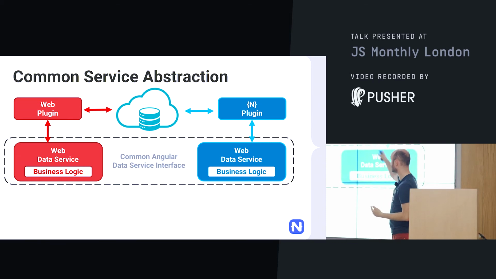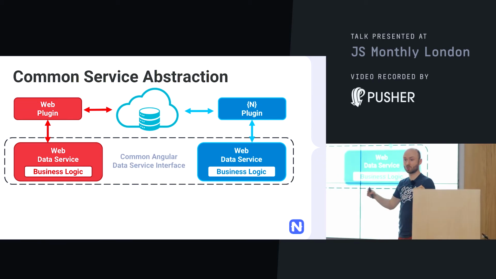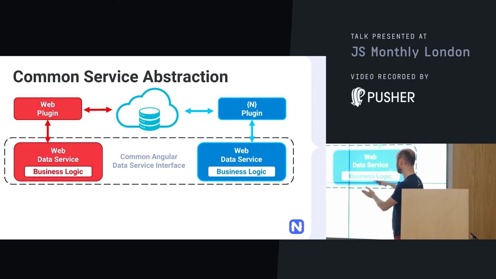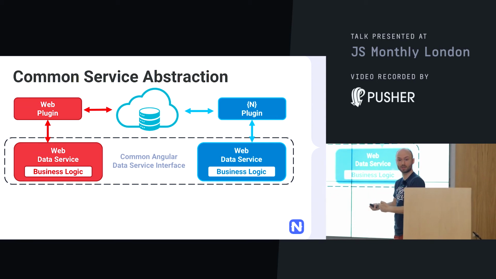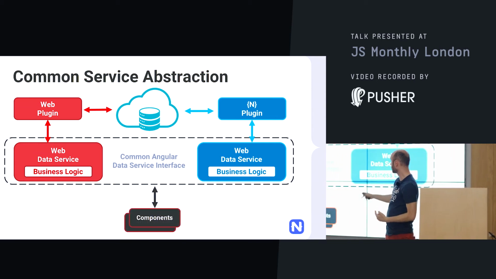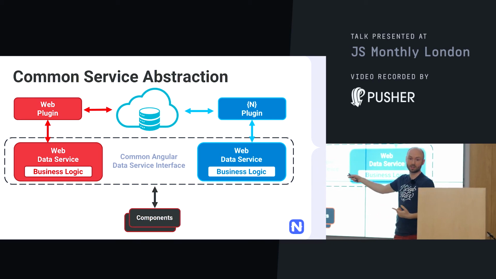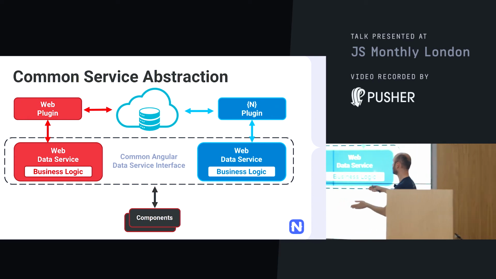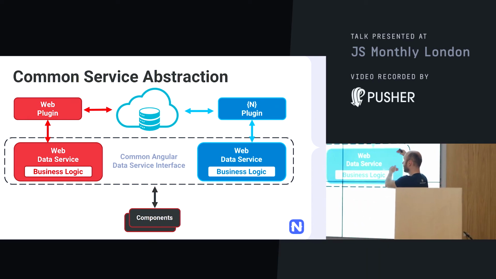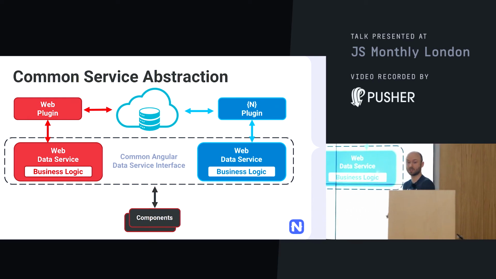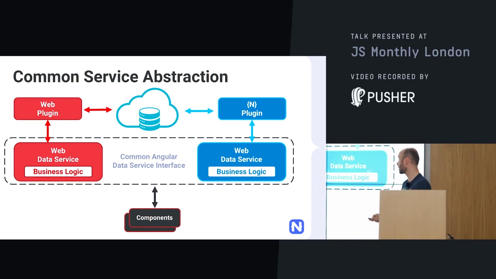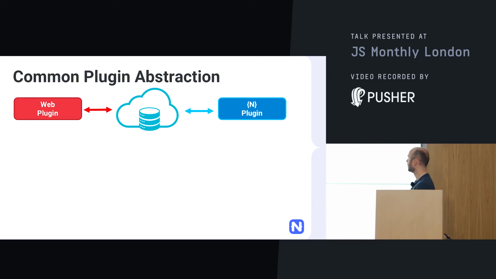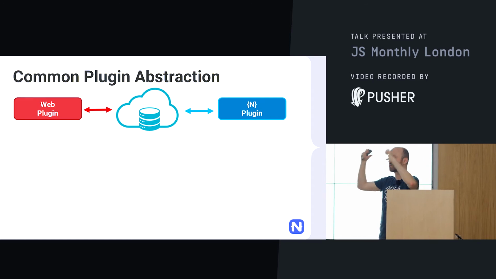However, you would expose them under one common interface. So they'll both have exactly the same type of commands, so that your components could just call those services directly. It's not super reusable because it will always be very specific to the Angular services that you're using for that application. The other approach, which I actually took in my project, is to do an abstraction on top